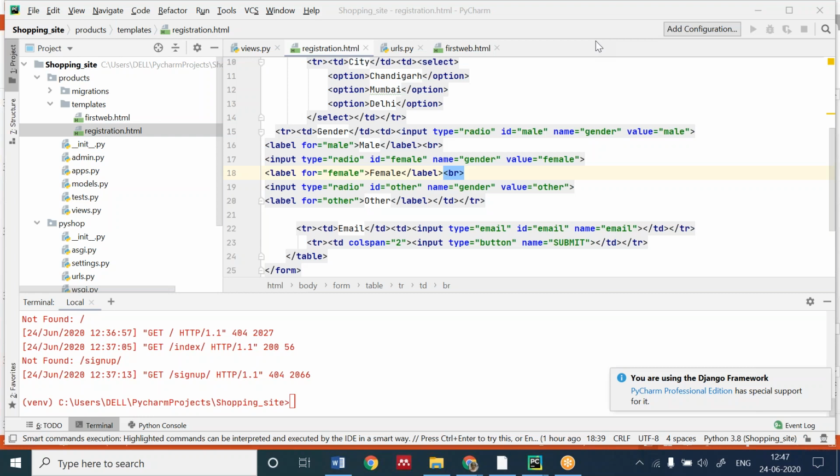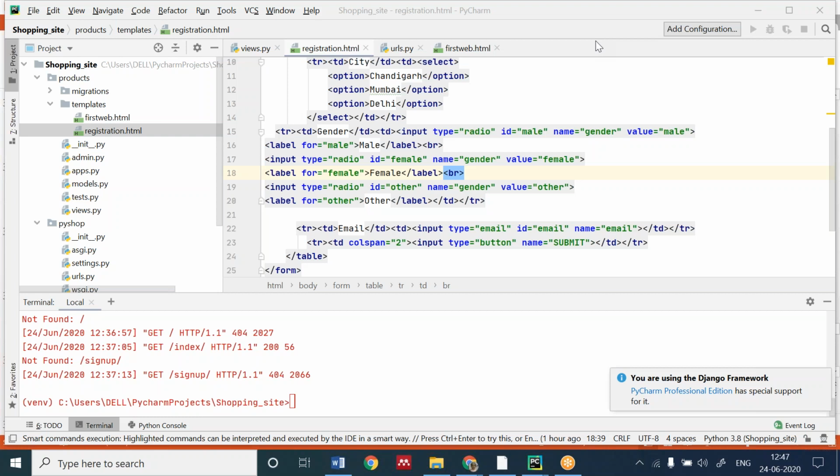Two more major points remain: how to load the images and how to load the CSS file. We will be learning this in the upcoming session. You cannot directly access the images as you do in Java and other languages. There is a particular procedure for accessing the images and CSS file. I will let you know.